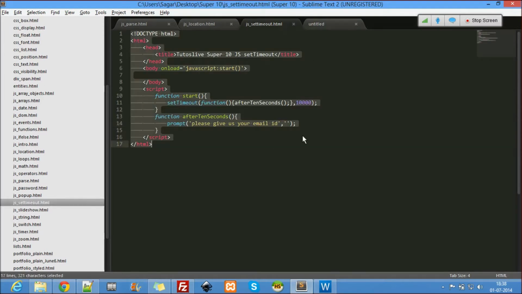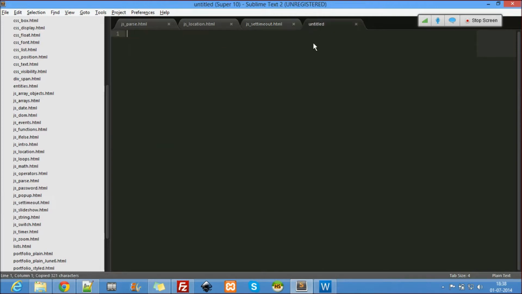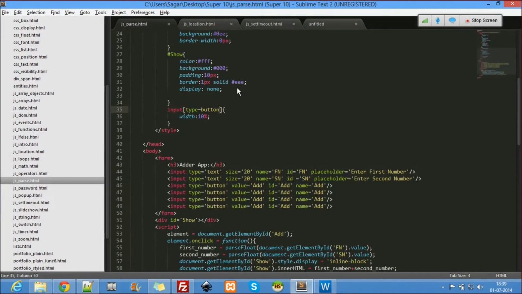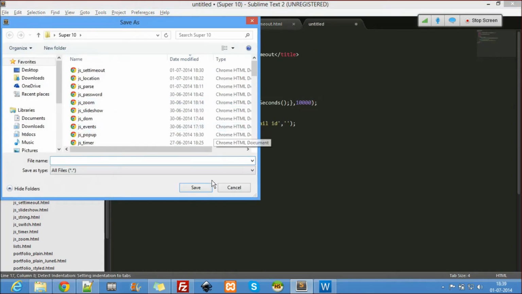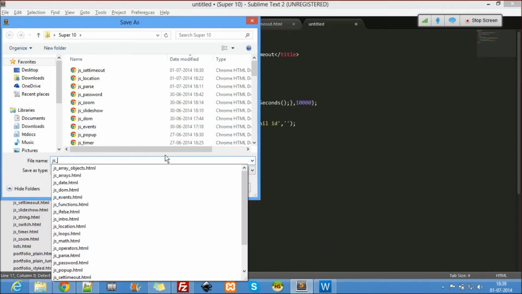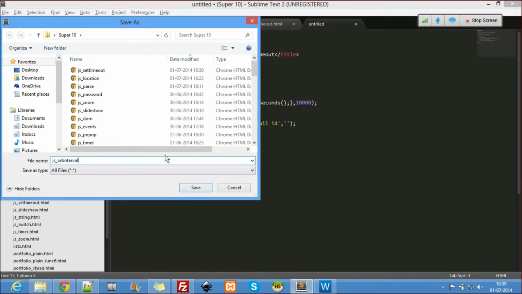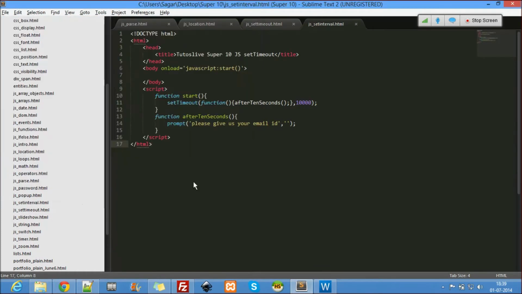So let me copy this piece of code. This is JS setInterval dot HTML. Alright, setInterval.